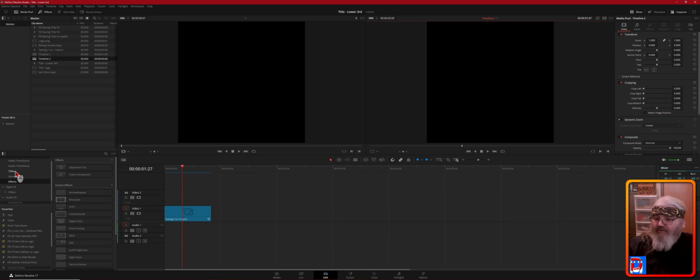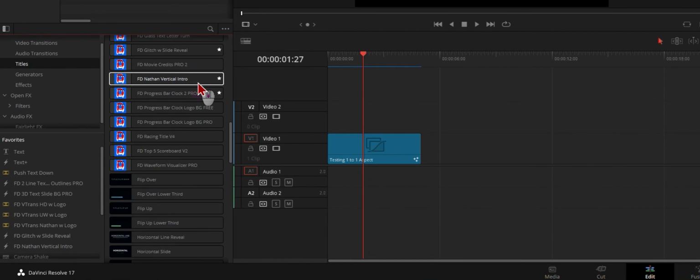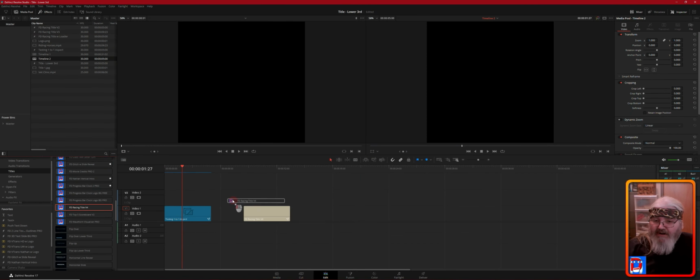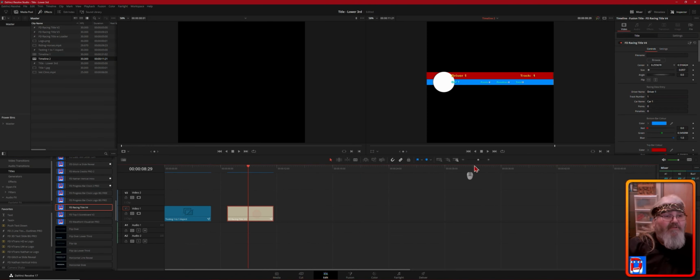And then we can go find the tool. It should be under titles. Now, occasionally it won't show up and you'll have to restart Resolve to get it. But it usually shows up without having to restart. So here's our racing title version 4 and the new scoreboard I built for him as well. So we're going to grab this and we're going to drag it out here. So I'm going to show you from the top